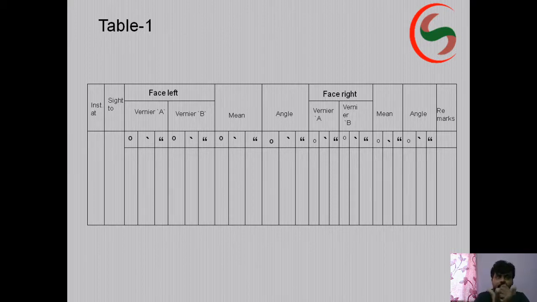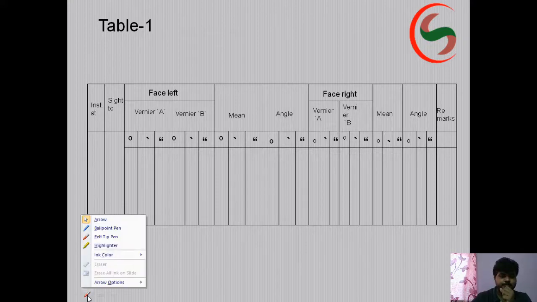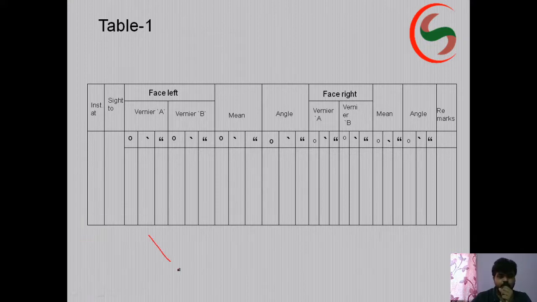So by swinging the telescope, again bisect point P. Here no readings will change. Whatever readings you got, 20 degrees, will remain, because we have not loosened the upper clamp, we have loosened the lower clamp. For that you again bisect P. Thus this is the first stage. So this is P and this is Q. First we have come here. Now here you loosen it and rotate it.